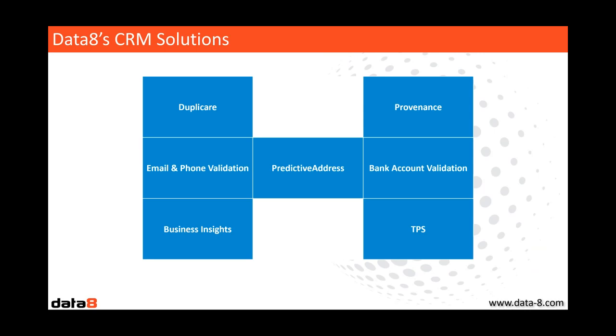And Bank Account Validation is all about UK, Ireland, and European bank account details if you're capturing that to do direct debits or anything from members, for example. You can embed that now directly within Dynamics. And then a couple of other recent additions at the bottom. Our Business Insights one is all about getting firmographic details, so getting information about the companies that you're doing business with. That will be going live in the AppSource in the next few days. And TPS is all about staying compliant with the UK telephone preference service legislation, making sure that you're not calling people that you shouldn't be calling.